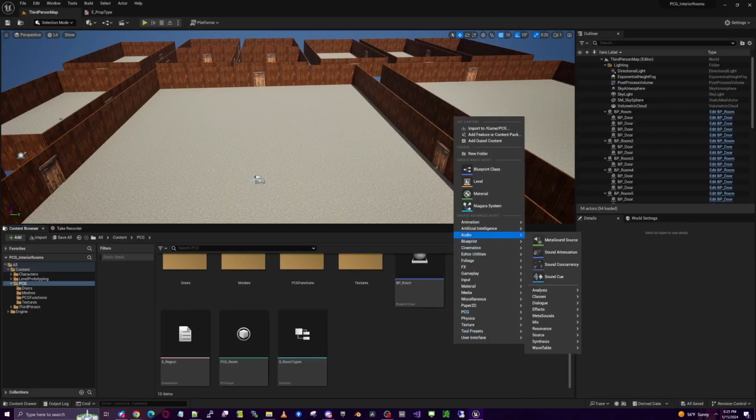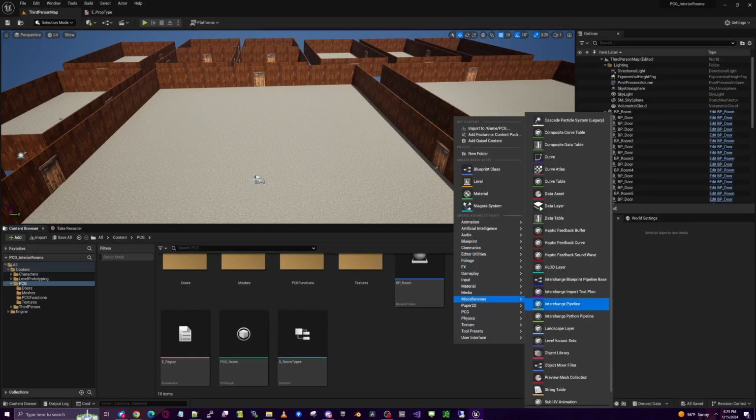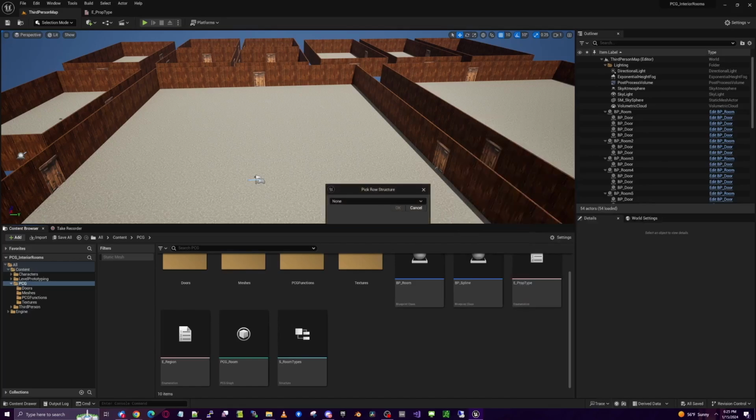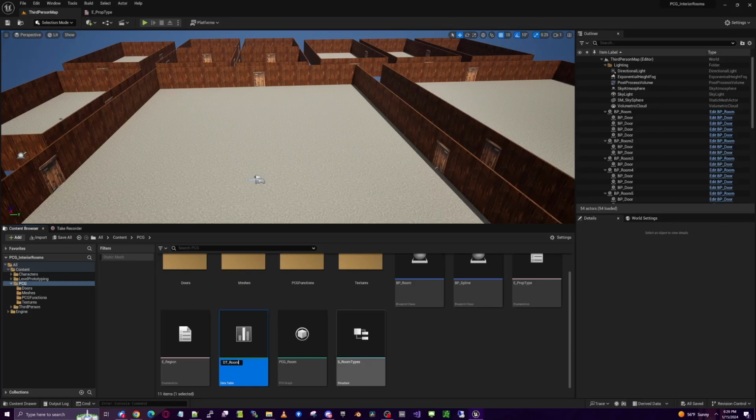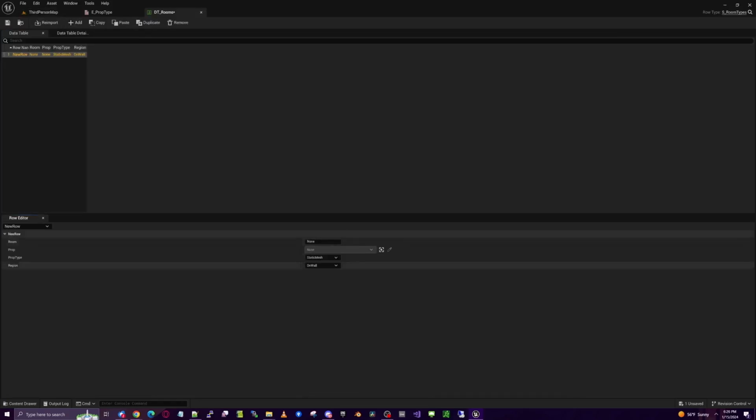And then we're going to want to create a data table, which is under miscellaneous, data table. We pick our row structure, so we want S room types, and then this will be DT rooms. So then when you add rows to this, it'll already have this defined structure of our room, which we can give a name. So let's say we're going to have library, and then we'll define our